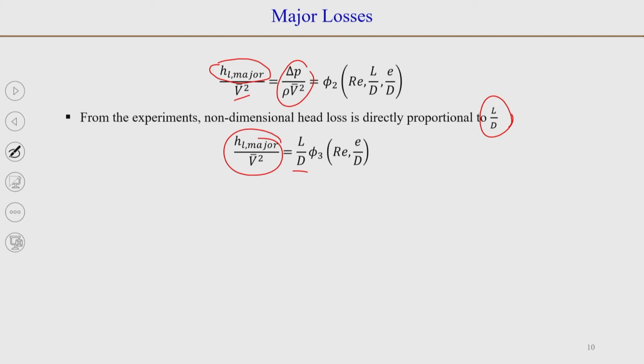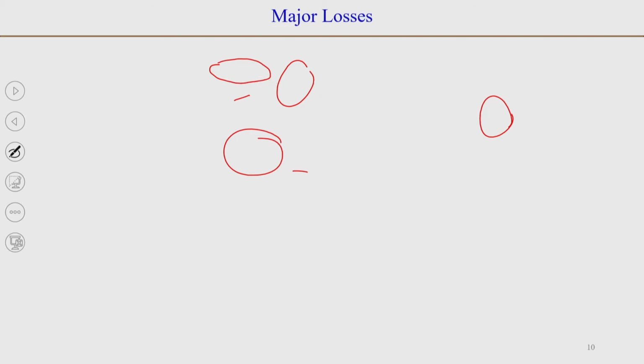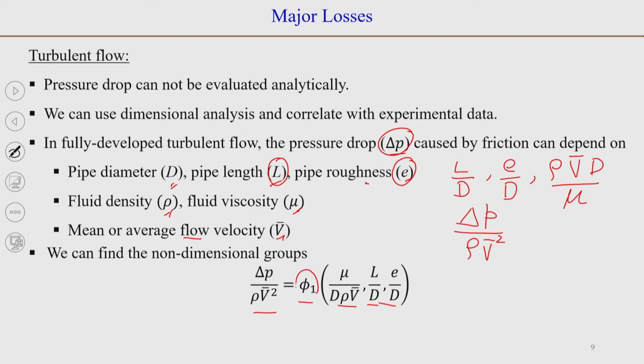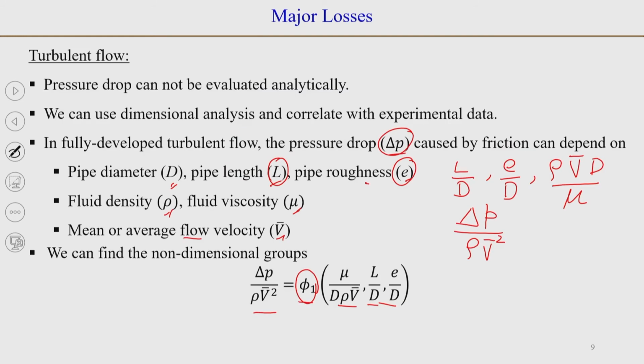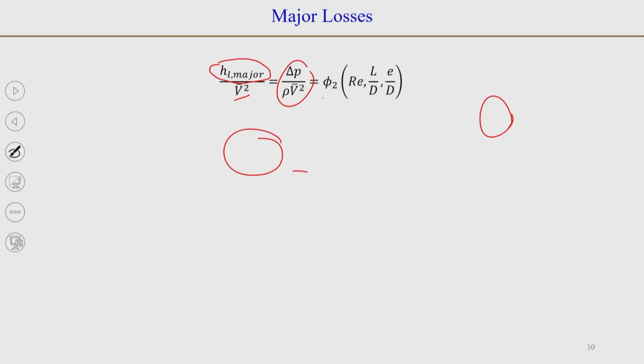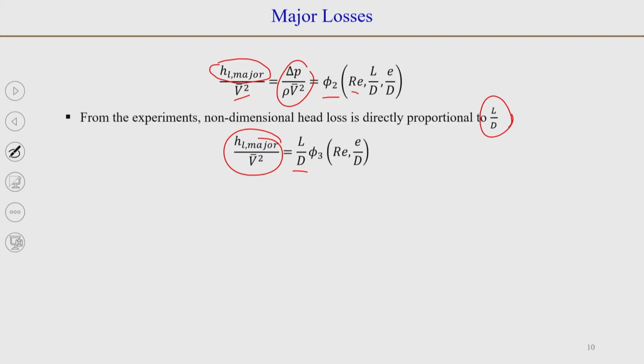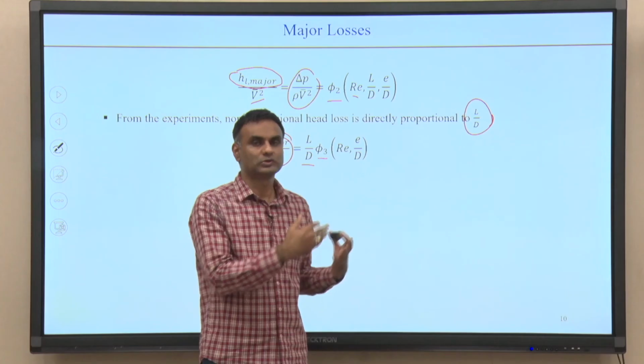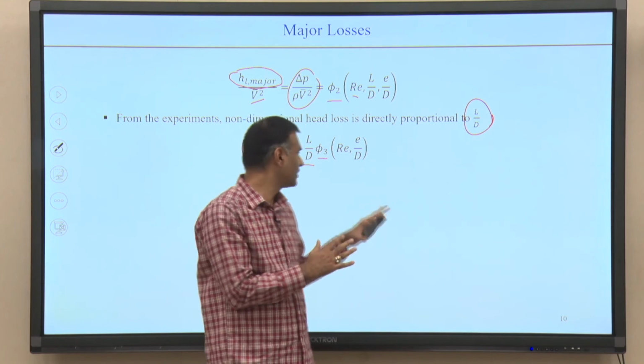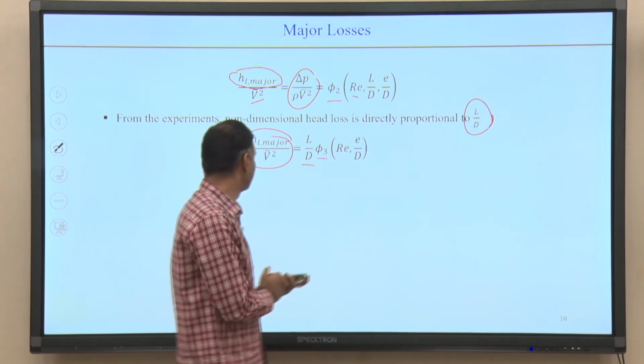You might see that we have changed this to, in the previous slide it was phi 1, because it was delta p by rho v squared. Then we could write this in terms of, because here we had 1 over Re, so we have changed it to phi 2, because we have changed it to Re here. Then again we have changed it to phi 3 because the function will change, but this is just to differentiate the functions. We still have that it is a function of Re by d.